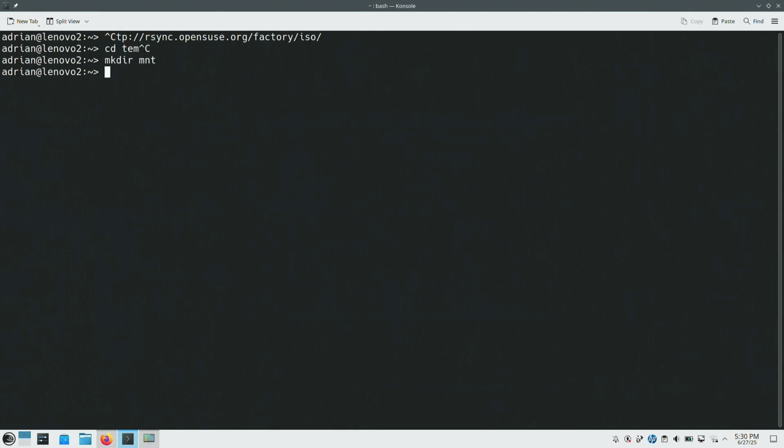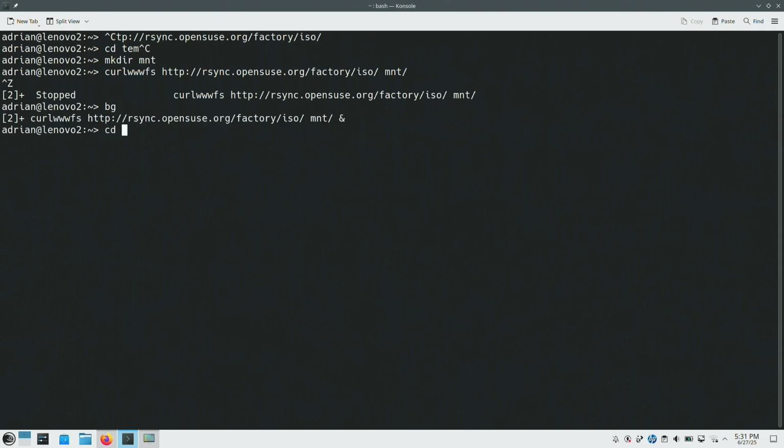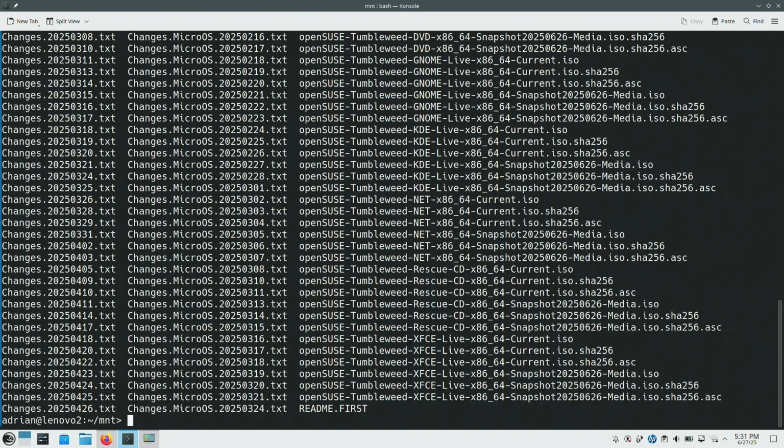We need the mount point, then we need the URL. We use curl to this mount point. And it doesn't background, so we need to background it ourselves. And in here now we find the files.